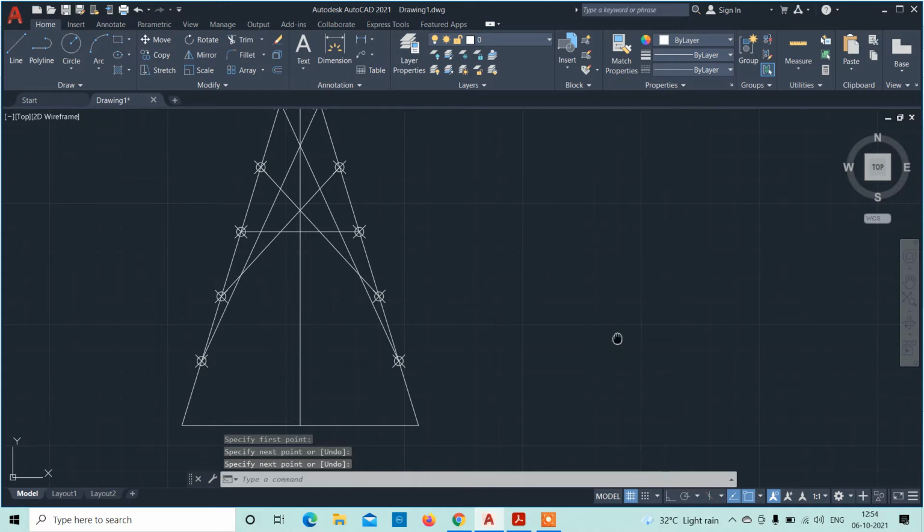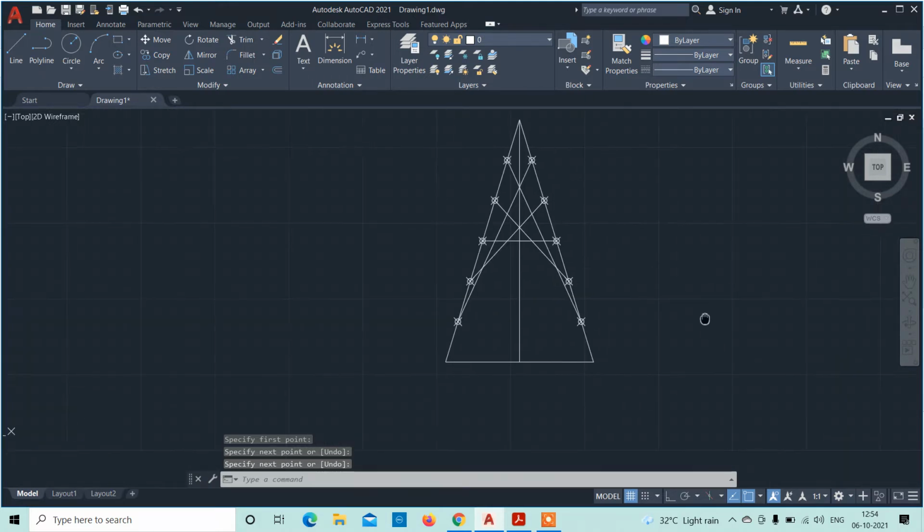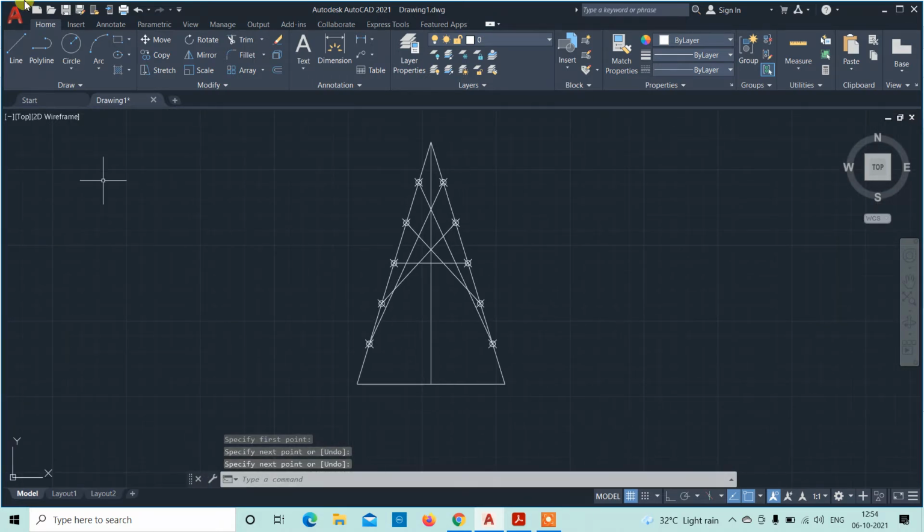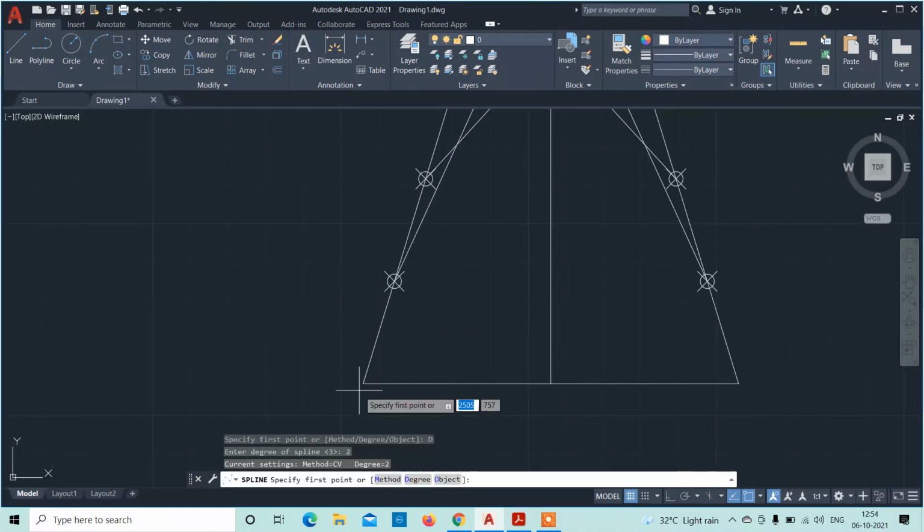Okay, so now we have to use spline command to construct the parabola. In order to do that, type spline. In that, click method, click CV, then click degree and give it as 2. Now you can select the points.